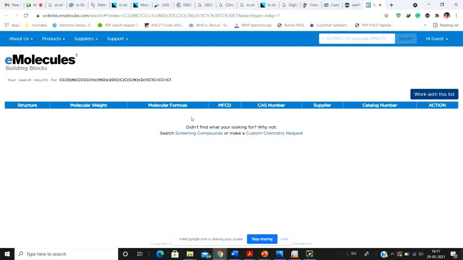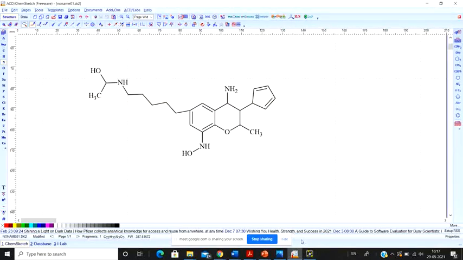Understand? Now it also might be that this molecule might not be a drug. How would I know if this molecule is a drug or not? Does it have all the drug-like parameters? So for that we have to check its drug likeness and the pharmacokinetics. Understand? And there are some ways to check it.